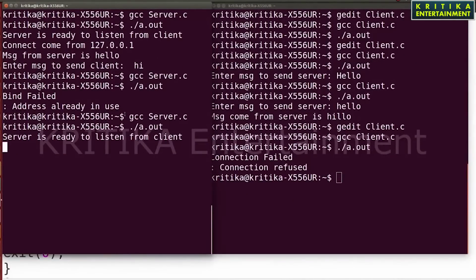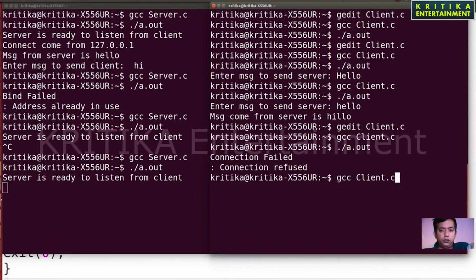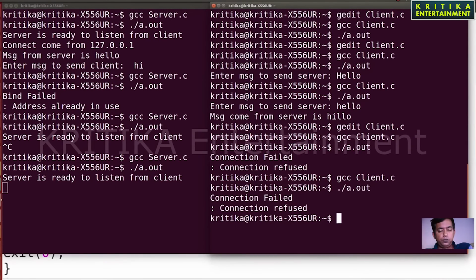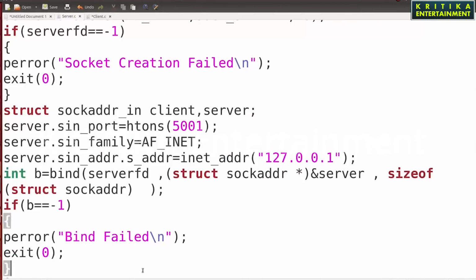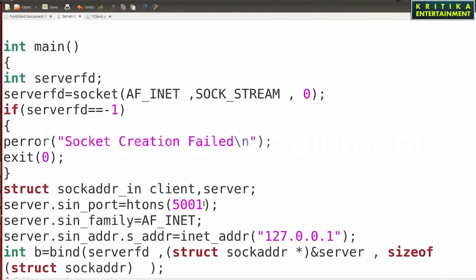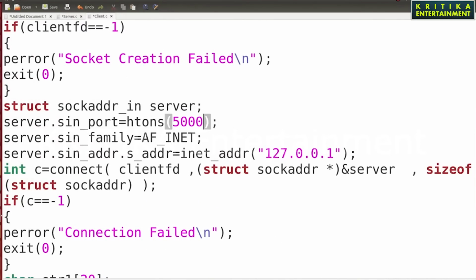So it will be listen, then here I will run the program. Connection, why did this connection fail? So I will do one thing. I will change the port again. Here I will change the port to 5000 again. It will work, but it will work after some time. So I will again change it to 501. Then you see whether it is working or not.